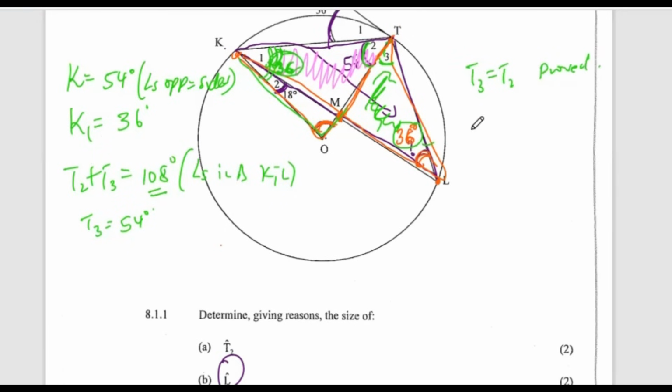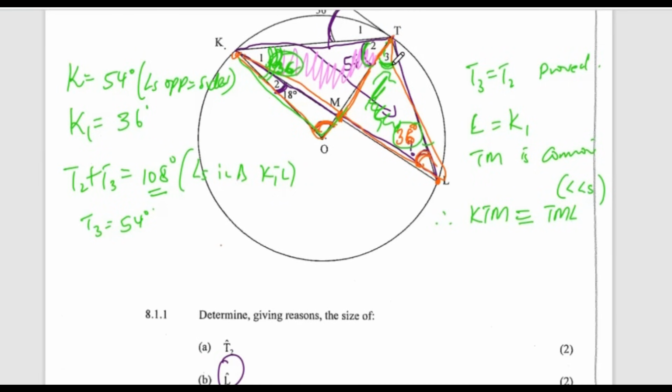Prove that. And then we see that L is the same as K1. We've also proved that. And then we see that TM is common. Therefore, KTM is congruent to TML because of the two angles and one side, angle, angle, and side. Then if the two are congruent,